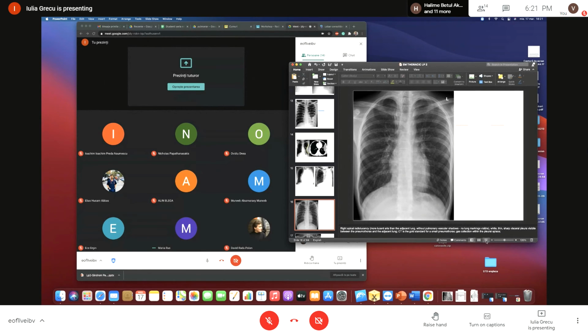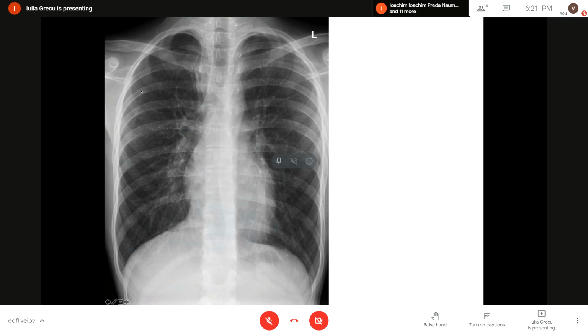Okay, so you have to pay very close attention to the lungs, and make sure that on each chest X-ray that you study, these vascular margins extend all the way to the periphery of the lung. This is a sign that will tell you that the lung parenchyma is normally expanded towards the chest cavity. What we see in this film is that here on the right apical part of the thorax, we have a